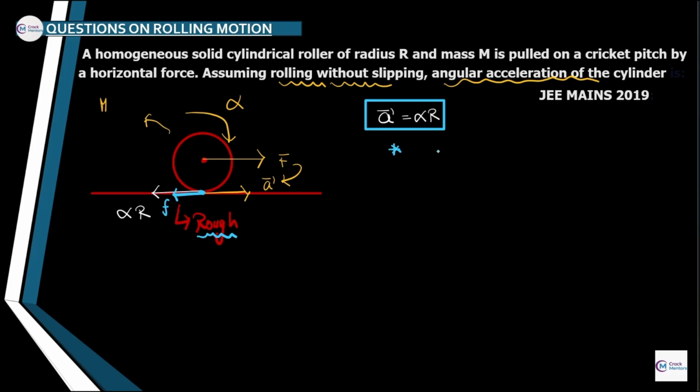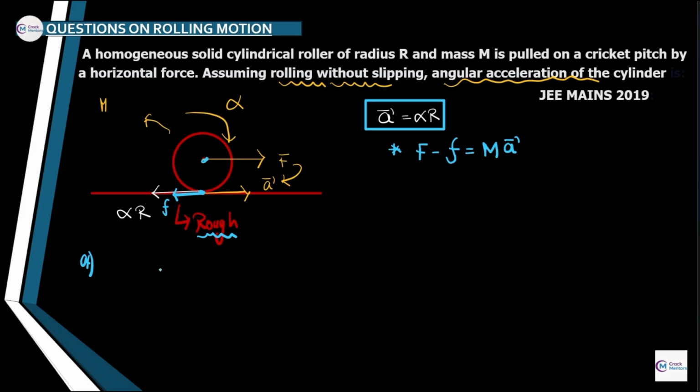Now, if we want to find out the angular acceleration of the cylinder, there were some options also mentioned regarding it. I don't remember the options right now, so let's just solve it generally. Acceleration is equal to alpha r. Then it can be written as F minus friction is equal to mass times acceleration, as we have understood before, and I'm not going to repeat the same mistake again. F minus f equals m a.